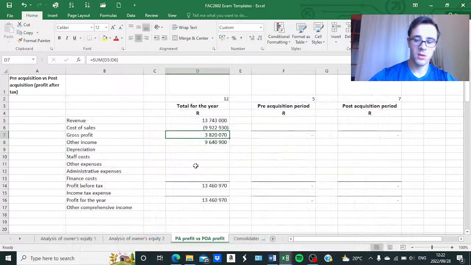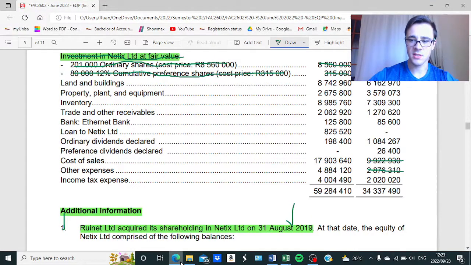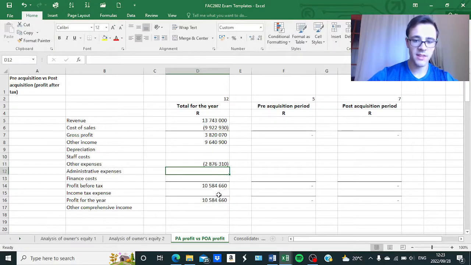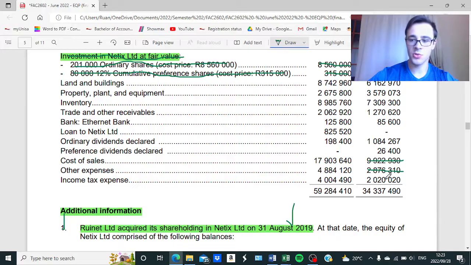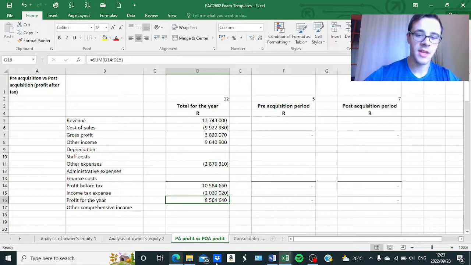Then we have other expenses, or simply put your administrative expenses of 2,876,310, which we'll need to show as a negative amount. Yes, 2,876,310. And then our income tax expense for the year amounted to 2,020,020. Okay, giving you a profit for the year of